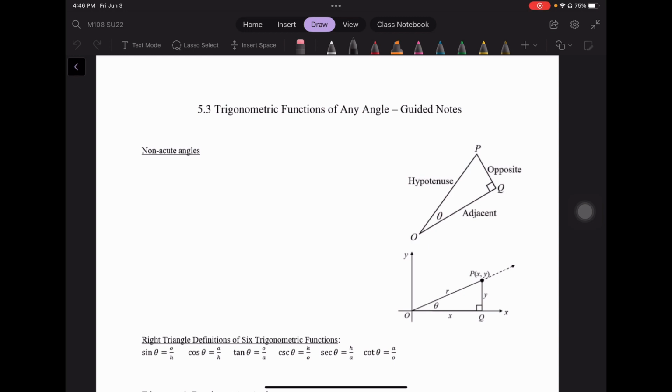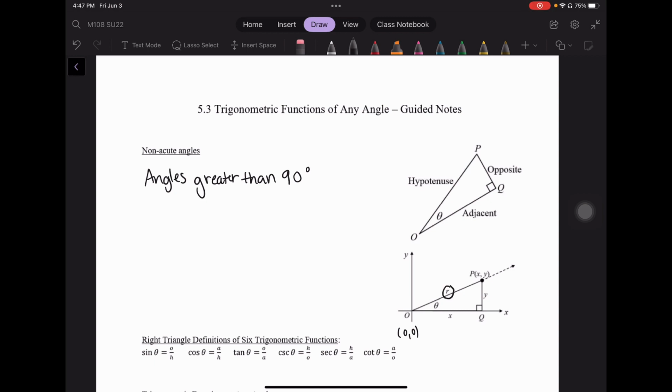Let's imagine our triangle centered at the origin, where we have our initial side on the x-axis, and then we have that ray opening up. We can use this idea to calculate the trigonometric ratios for non-acute angles. Using this triangle that we have to the right, where the hypotenuse and one of the legs come together at the origin 0, 0, and we have another point labeled P that is x, y, we could find